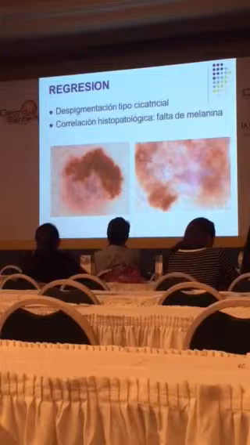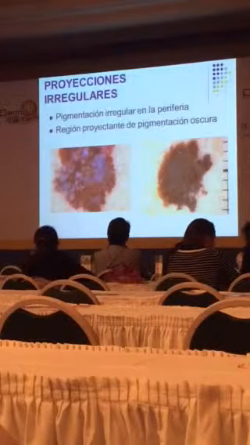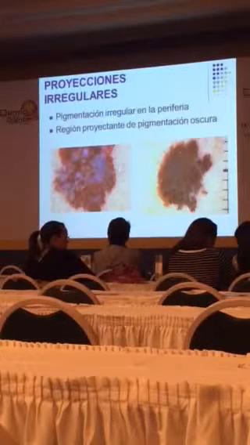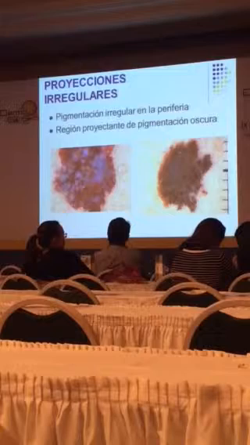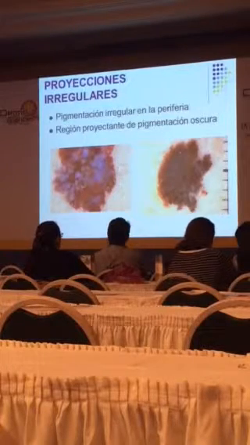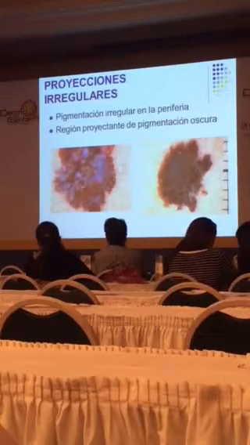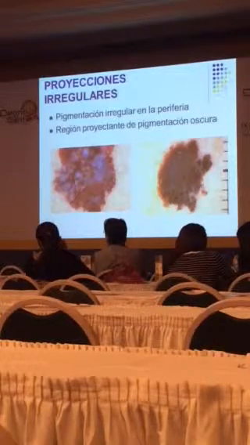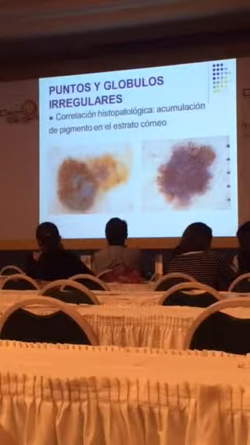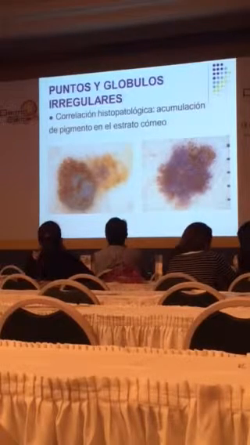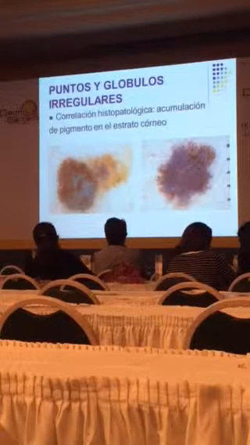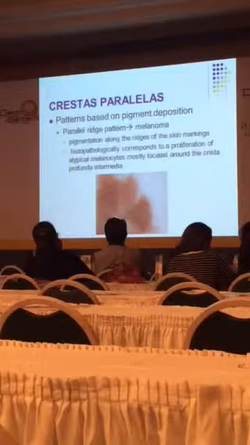And regression we were talking about earlier. And then if you have this irregular peripheral globule or peripheral streaks, usually the network at the end, these are too thick and too long and projecting outwards. They should not be like that in a benign lesion, so this will lead to biopsy. And again, multiple irregular globules. We showed symmetrical globules before. Here we have globules there, no globules there. If you see globules like that, obviously, good biopsy.